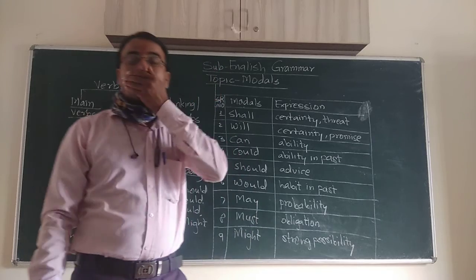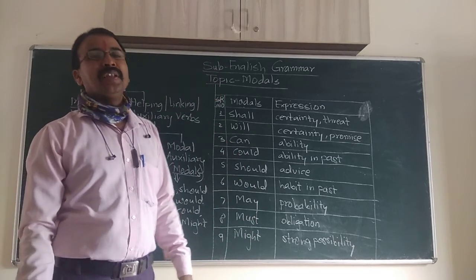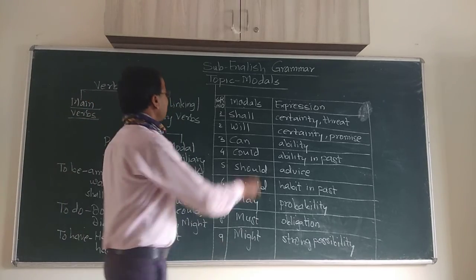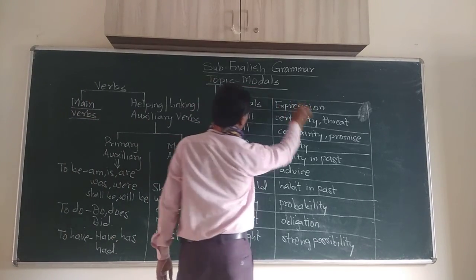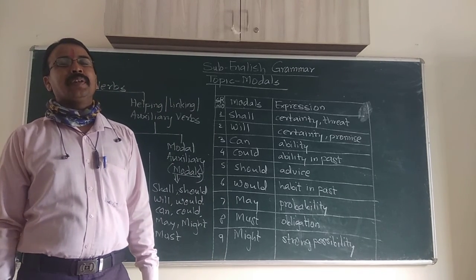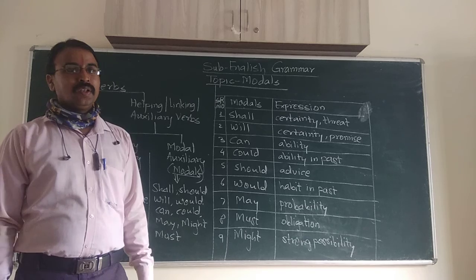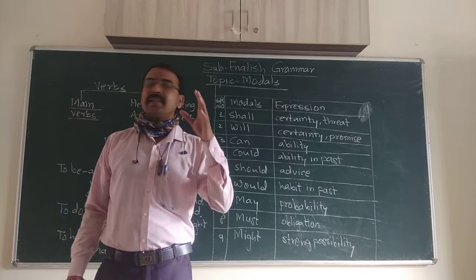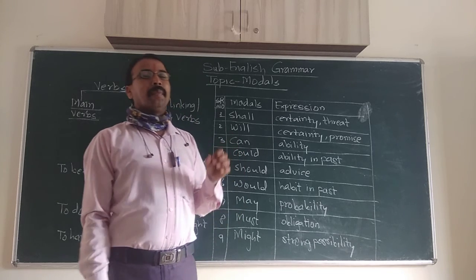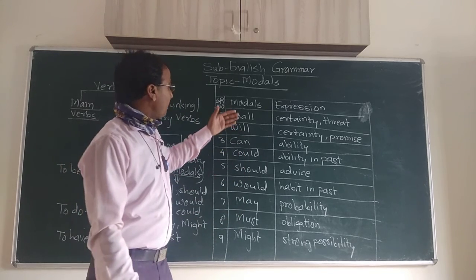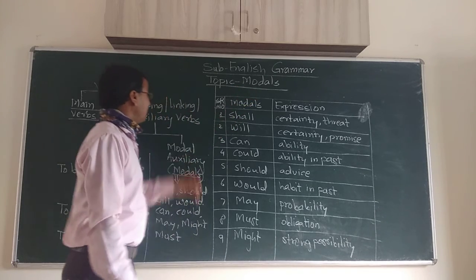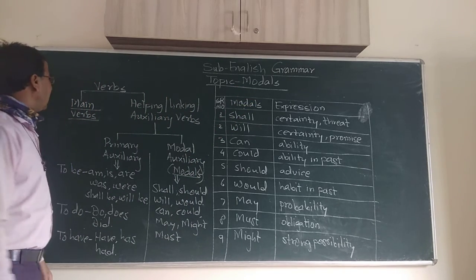Today we are going to learn English grammar. From this English grammar we are going to learn lesson number 2, that is modals. Actually these modals are one of the parts of tense and verb. So whatever tenses we have learned, they are very useful to you. And from tenses, verbs, the main thing is verbs. Now we'll see where these modals come from. The main function of a modal is that of a verb.